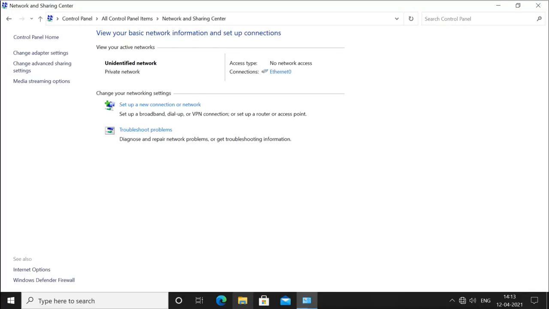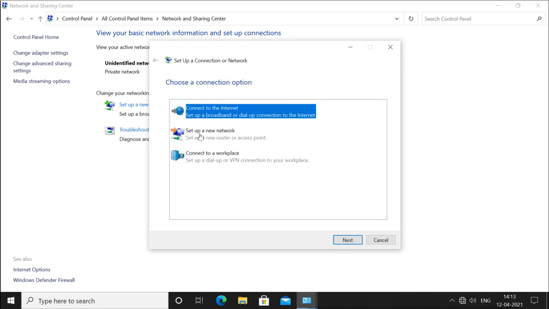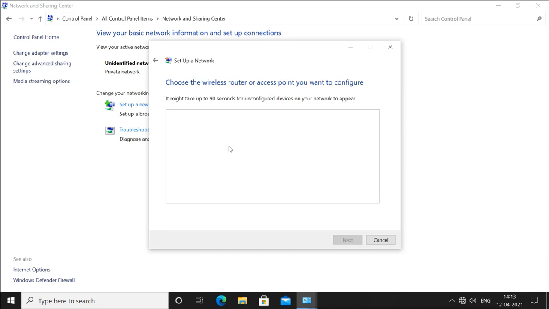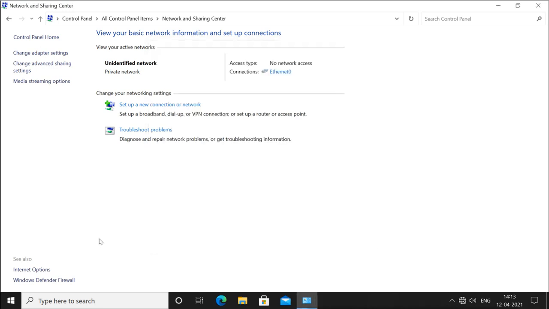Here you can open this wizard, you can set up network, you can go for setting up the network. Now it will detect and configure any, but right now we have already configured the one which is already there. So it is not showing any other unconfigured interface. If there is any unconfigured one, then it will detect it and give you the option to configure. It is an easy setup wizard. And also you can configure the firewall from here, from this Network and Sharing Center.